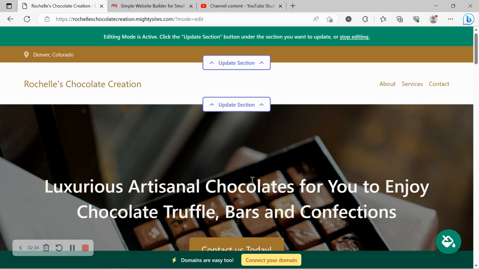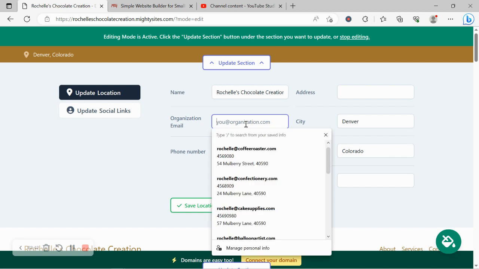Now, you don't need to know coding, you don't need to be a web developer, and you certainly don't need to hire a web professional either. You can do this all yourself. So let's get cracking. I'm going to click on the first section at the top,